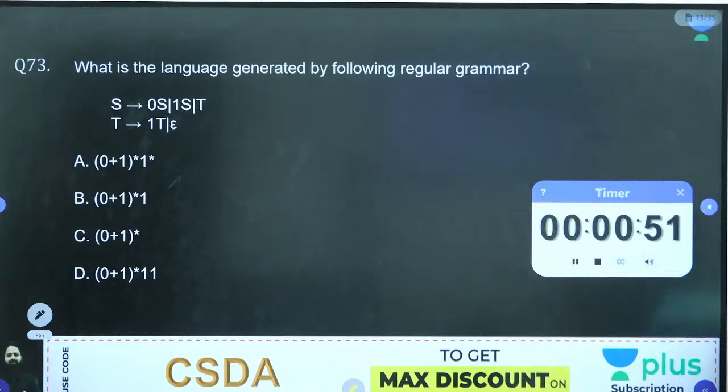Neither is D false, because it says neither A nor B is false. That means A is false, B is false. That's a wrong statement. Understand what the question is and what the option is. Choose the false one. A is false, B is false. You can't say that. Understanding the statements is very important.